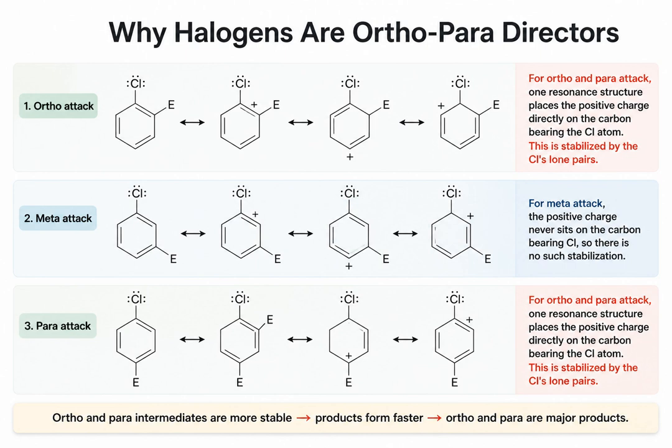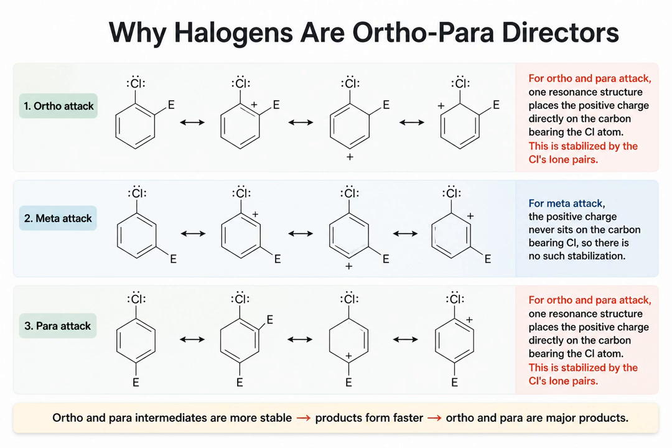When the electrophile attacks at the ortho or para position, one of the 3 resonance structures places the positive charge directly on the carbon that bears the halogen. Even though halogens are electron withdrawing overall, their lone pairs can donate electron density to stabilize this positive charge through resonance. This stabilization makes the ortho and para intermediates more stable than the meta-intermediate, where the positive charge never sits adjacent to the halogen. Because the ortho and para intermediates are lower in energy, they form faster,